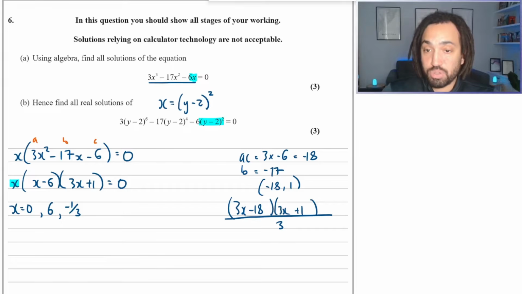And that holds true for the other ones, because when you square a square, you're going to get a power 4, and when you cube a square, you're going to get a power 6. Okay,